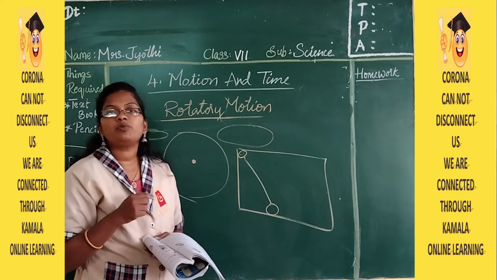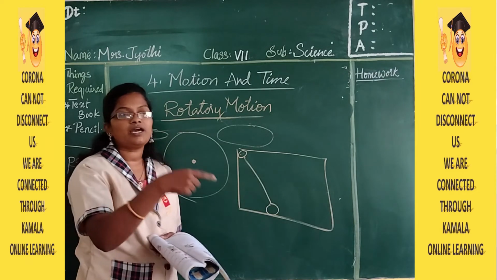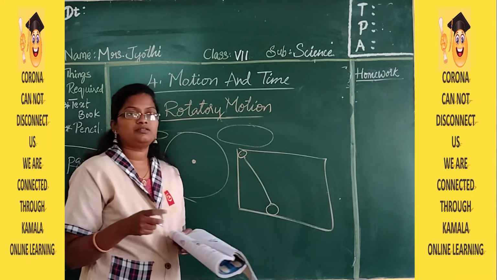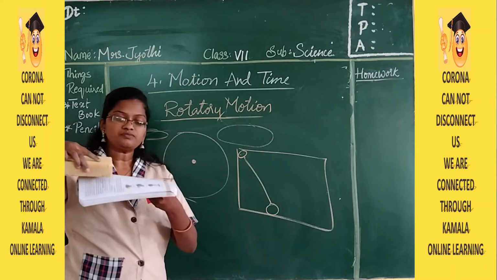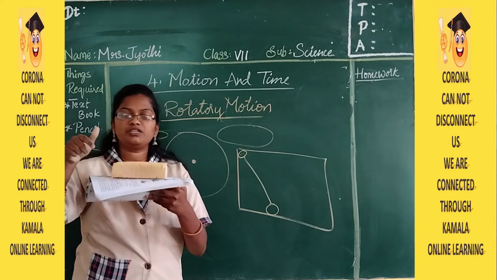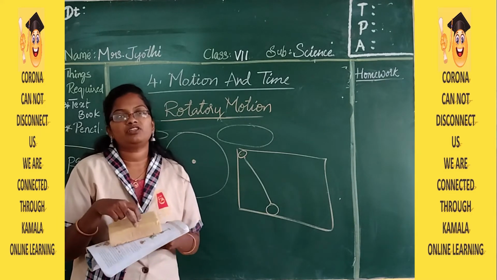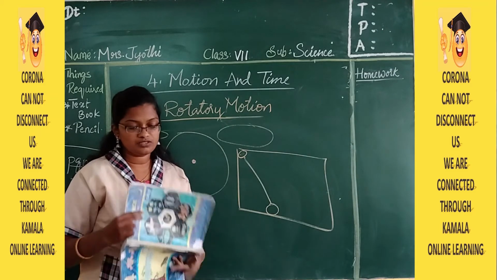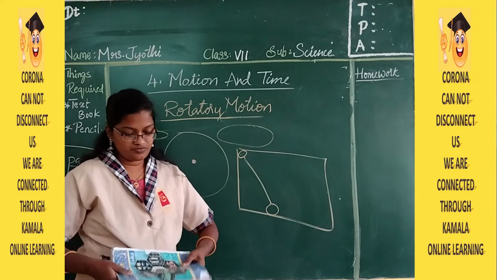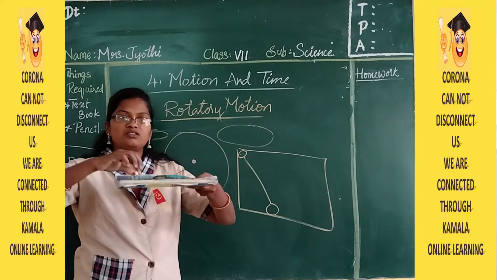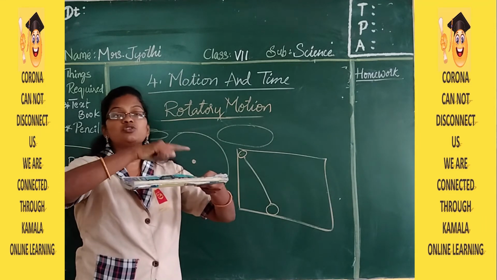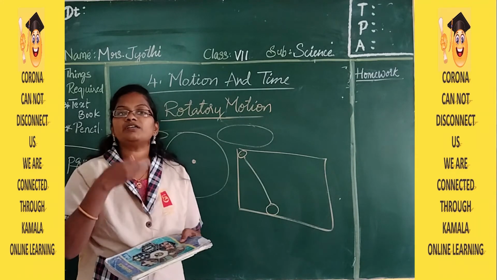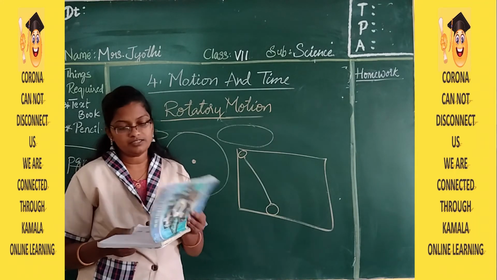But if you observe, the ball is going to rotate and move in here. It doesn't move the same like a duster. See this duster. If I push it, it's going to move in a straight line without changing. But if it is a ball or a chalk, whenever I am pushing it, it's rolling and moving. So it's moving in a straight line, but the body is rolling in a circular path.